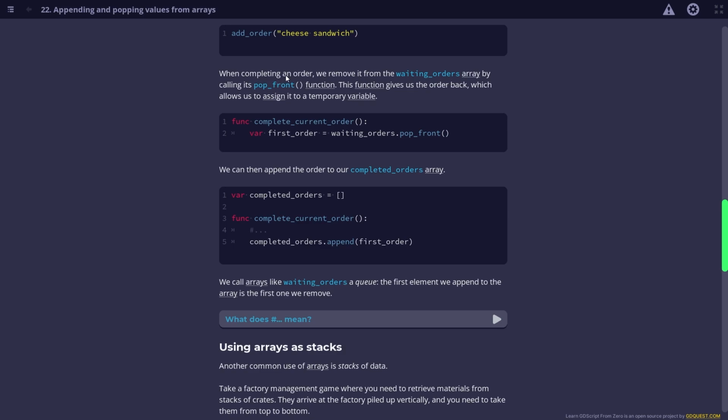So when completing an order, we remove it from the waiting orders array by calling its pop front function. Yeah, so we call pop front and it removes the order. Yeah, and this function gives us the order back, which allows us to assign it to a temporary variable. True. Func,